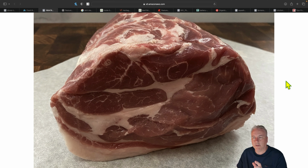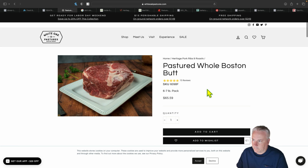You can make a huge one of these and do it pulled pork, or you can cut it into slices and actually grill it. You can do thicker slices and put it in the oven. Many ways, but this right here is key. Give you an example. This is Boston butt, which is similar to what I just showed you. Notice,